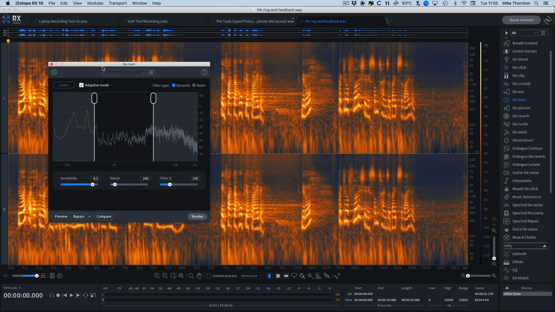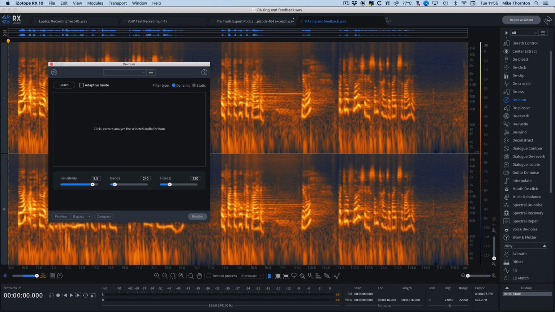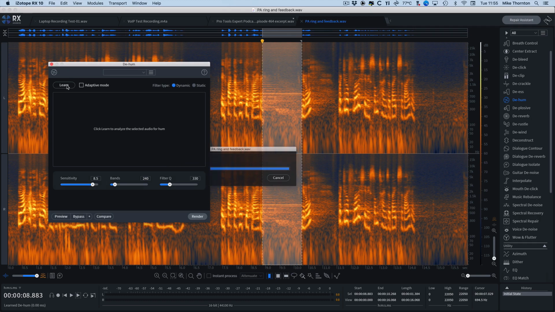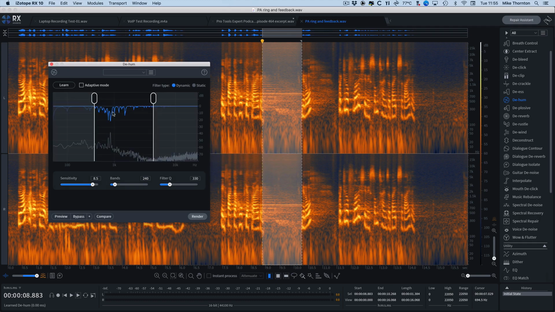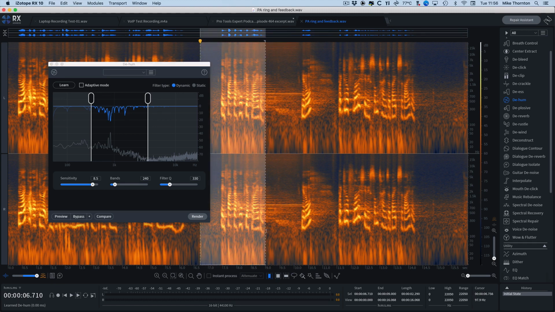So what I'm going to do is I'm going to just use the normal dynamic mode. So I'll need to learn the audio. So I'm going to highlight where the feedback is and hit learn. So now it's analysed that and put some notches in. I've chosen to adjust these so that it's only going to process the areas of audio where that feedback was. So now what we can do is if we just highlight